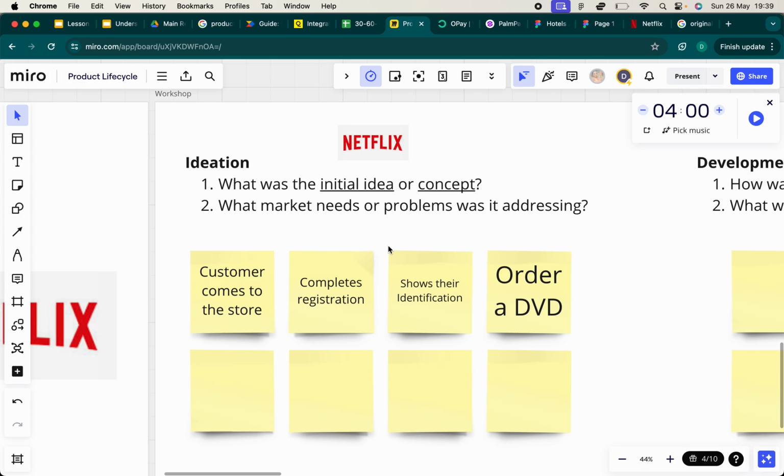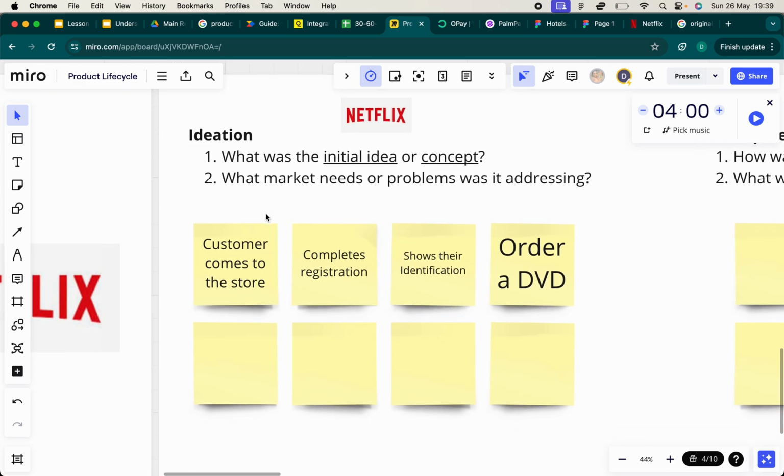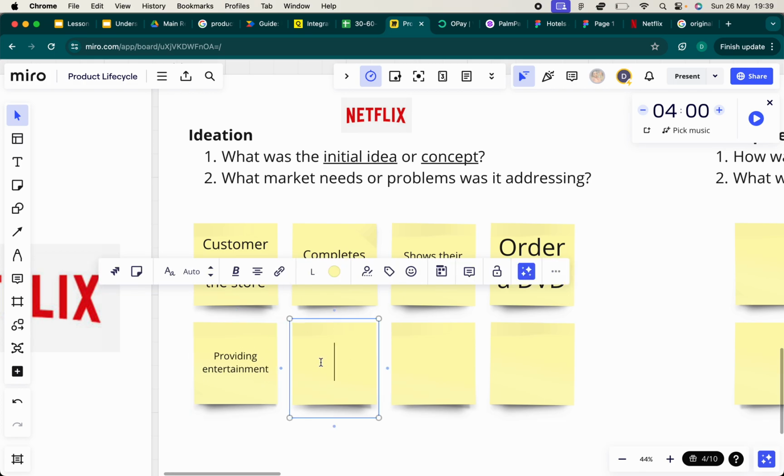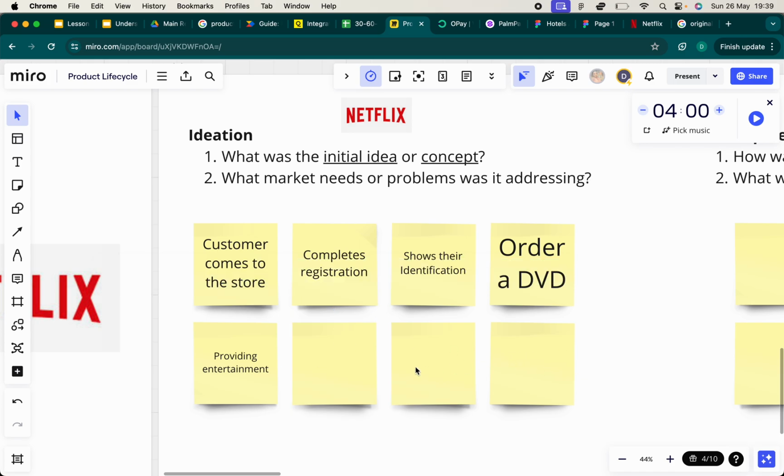And then we look at what market needs or problems they were addressing. So they were trying to address the problem of providing entertainment. People who couldn't go to the cinemas to watch movies, this is how they would get to watch that movie.